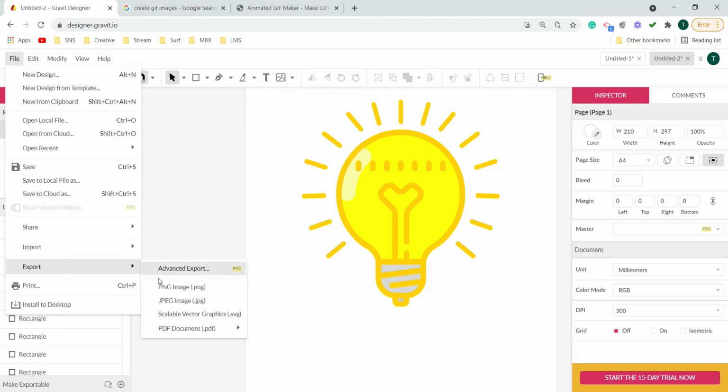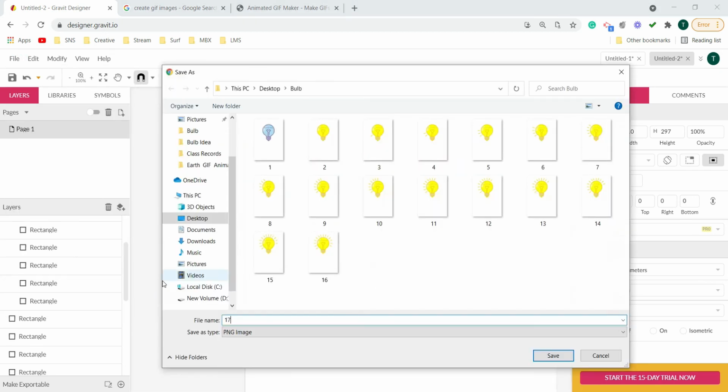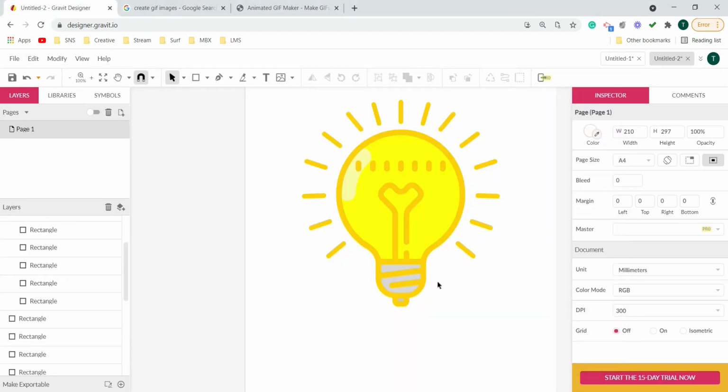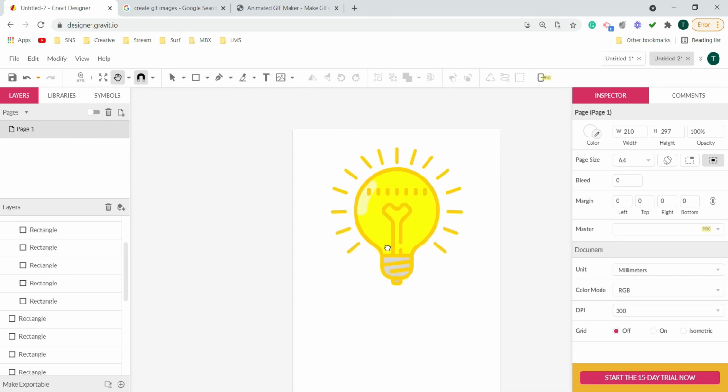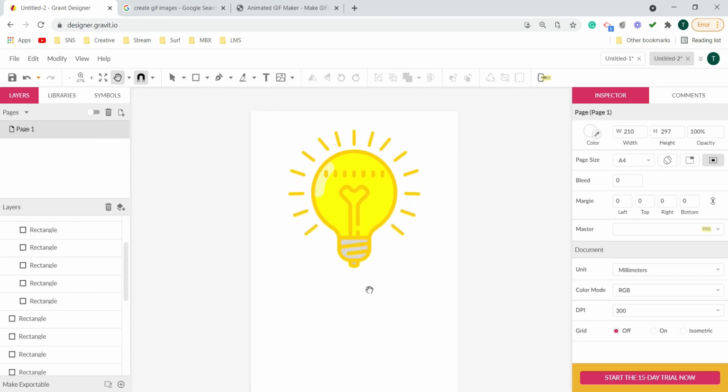And the last one is this number 17. All right, so the bulb lit animation and the strokes are completed.